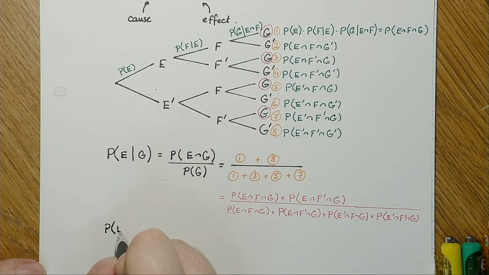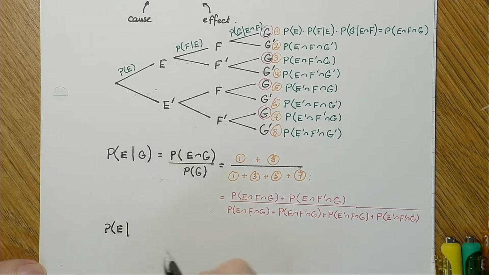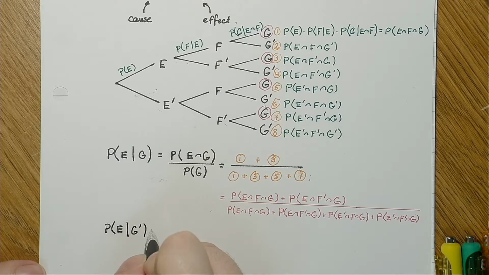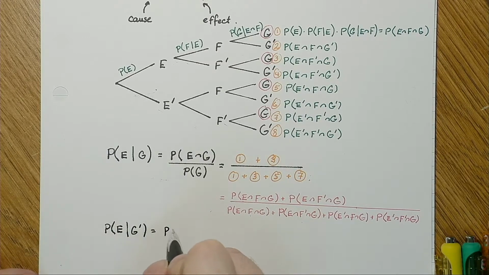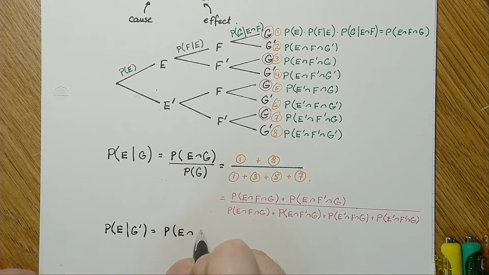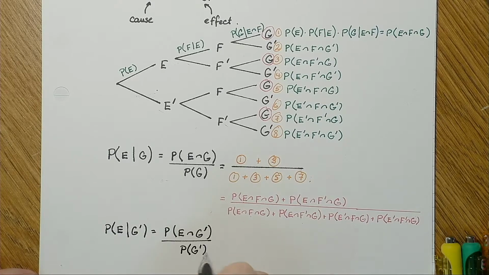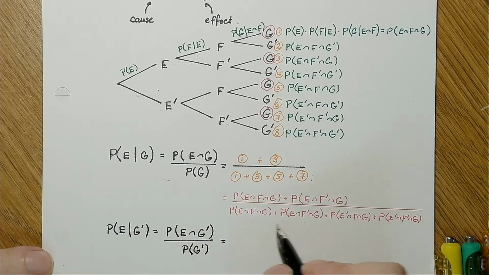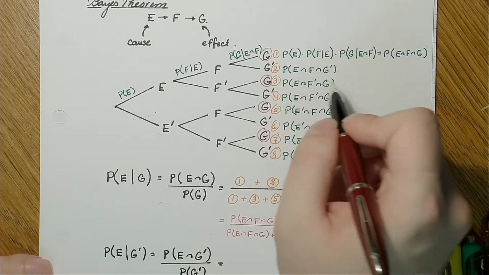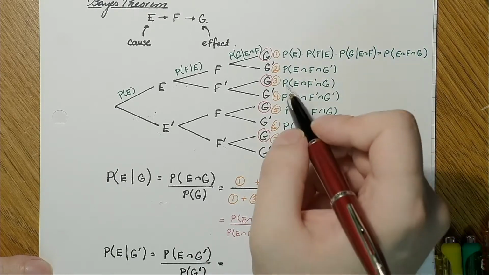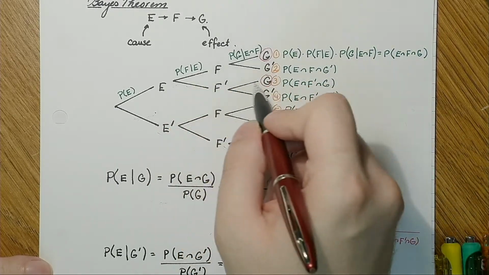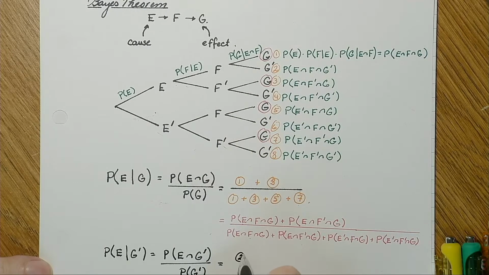If I said I wanted E given a different, let's say G prime, this is the probability of E and G occurring. Sorry, G prime, all over the probability of G prime. So again, you would just go and look for all the ones where you have E and G. So this one would be 2 plus 4